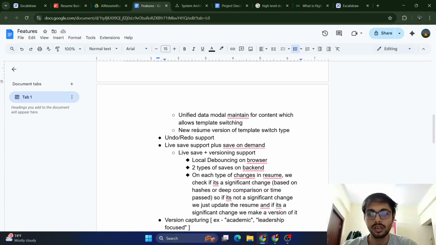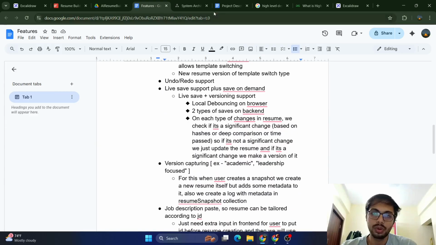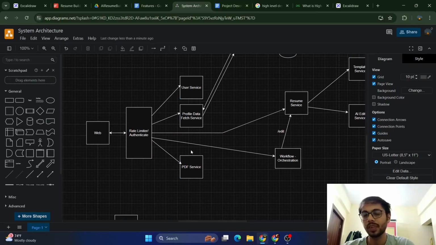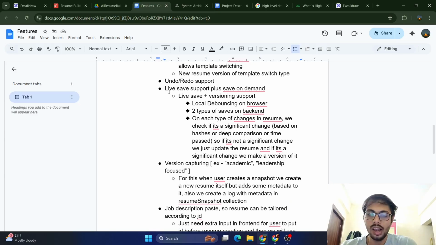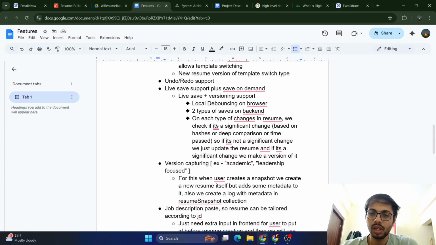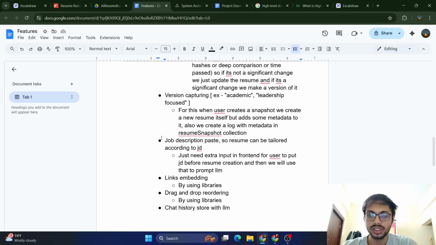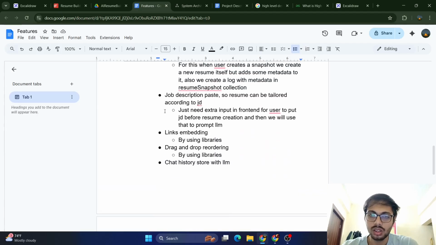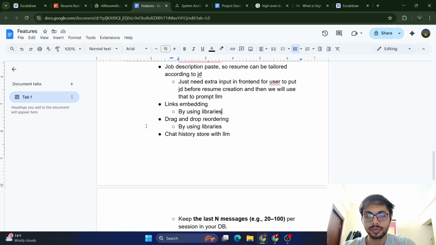उसके बाद में यूनिफाइड अनडू रीडू सपोर्ट। तो अगर हम अनडू रीडू करते हैं तो सिमिलरली वर्जनिंग के थ्रू होगा। लाइव सेव सपोर्ट प्लस सेव ऑन डिमांड। लाइव सेव सपोर्ट ही है। वर्जनिंग इसी अप्रोच के थ्रू हो जाएगी।